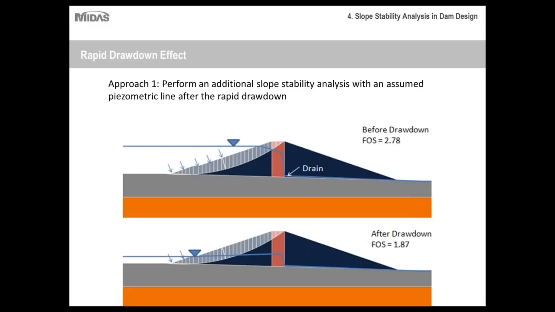Okay, so now let's discuss the rapid drawdown effect. Essentially, rapid drawdown is when the water is drained from a reservoir or embankment at a very quick rate, usually over the course of maybe just a couple of hours or maybe even a day. In studying the effects of rapid drawdown, one thing to take into account is that the presence